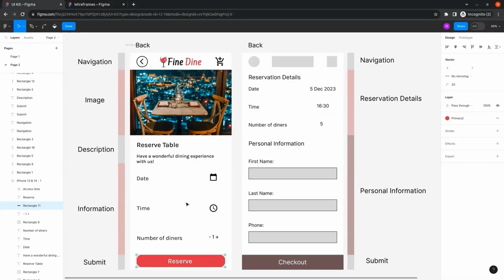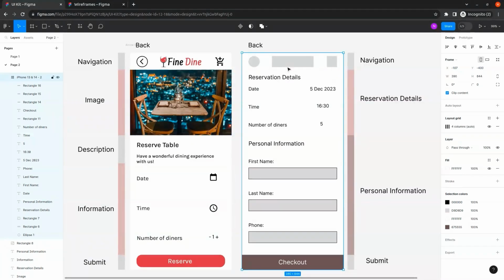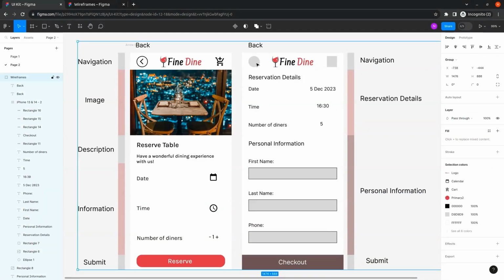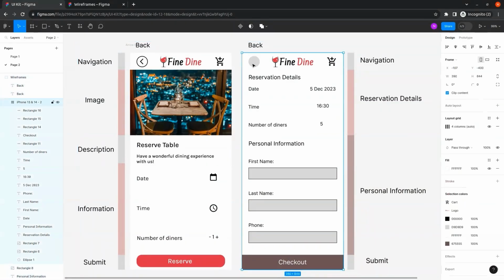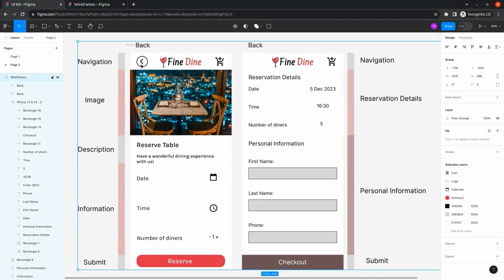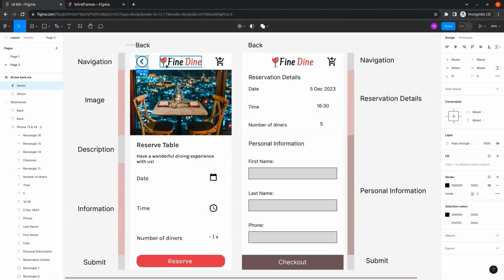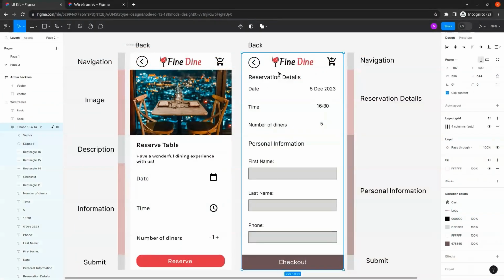So now let's move to the next wireframe, and we can copy paste items from the first wireframe. So first, for the logo, again we can use the style logo, and for the cart icon we can use the style cart. And here for the back button, we can delete this and copy this from the first screen. So let's do it, and we can press alt and drag it. All right,